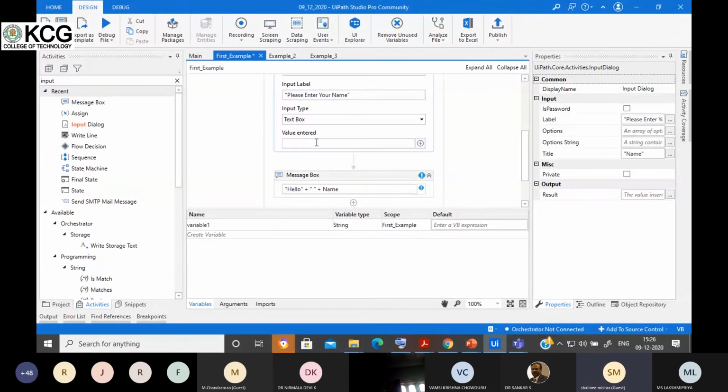The name entered by user will get stored somewhere, so for that I'll create the variable as name.